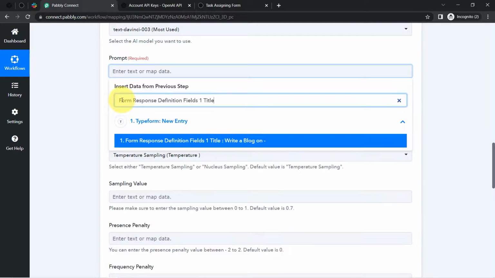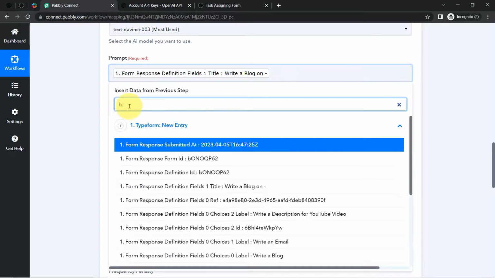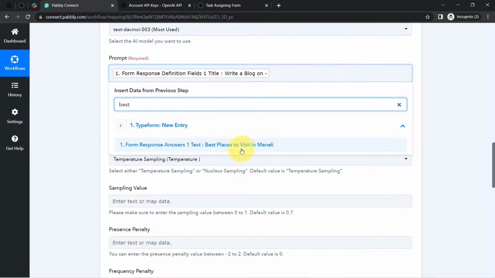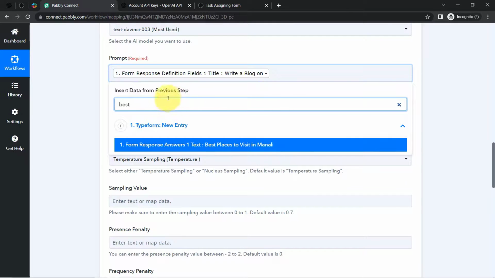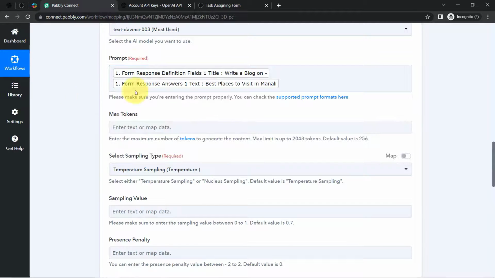Simply search for that specific data. Alright, so I have searched for the instruction, and then I am going to add the name of the title. It was best places to visit in Manali. This is the search bar. So I have provided the instruction: write a blog on best places to visit in Manali, asking for